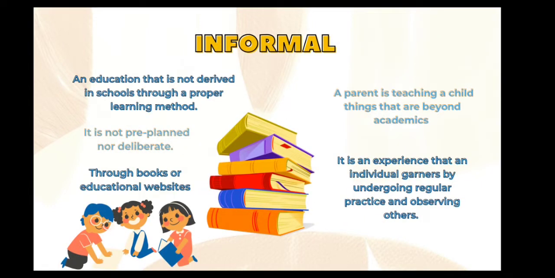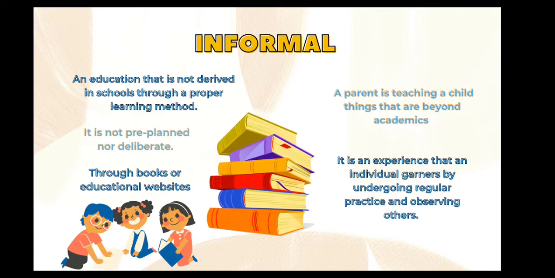For the informal, it is an education that is not derived in schools through a proper learning method. It is not pre-planned nor deliberate. People can also get informal education through books or educational websites. A parent is teaching a child things that are beyond academics, like preparing a meal or riding a bicycle. It is an experience that an individual garners by undergoing regular practice and observing others. Some of the examples may be teaching a child some basic personality traits, learning a mother tongue, performing certain